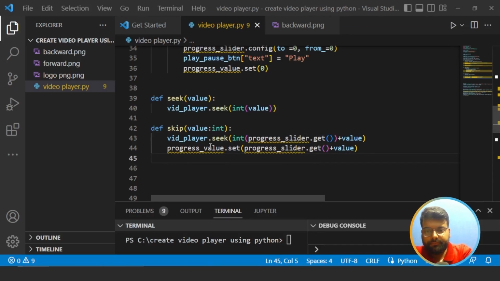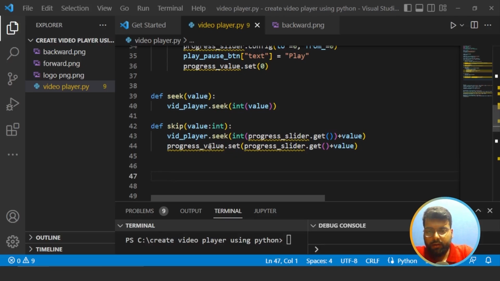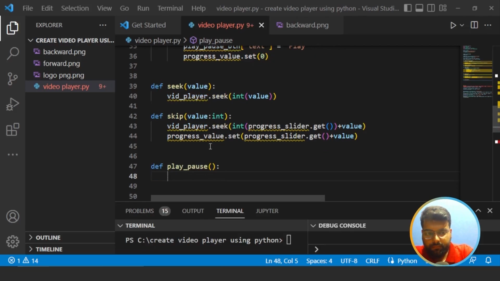So now we will declare the play pause function. So it would be used to play and pause the video. So we'll use if else statement here. If